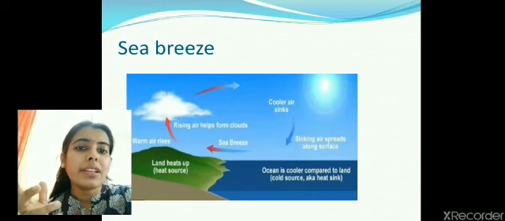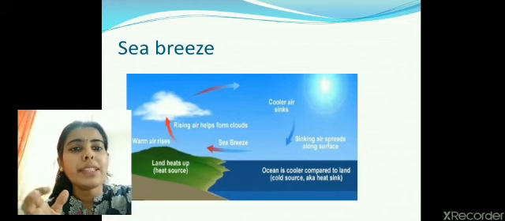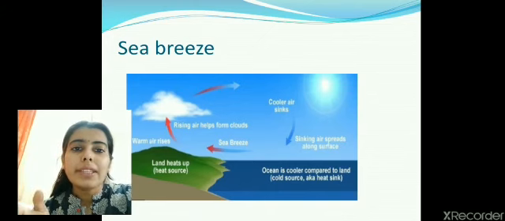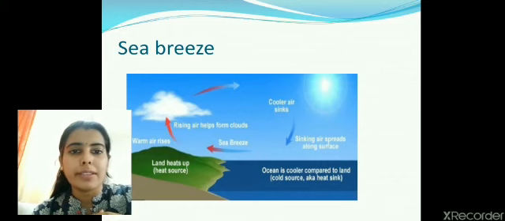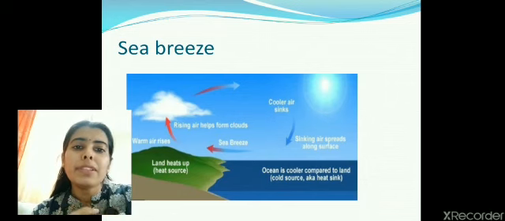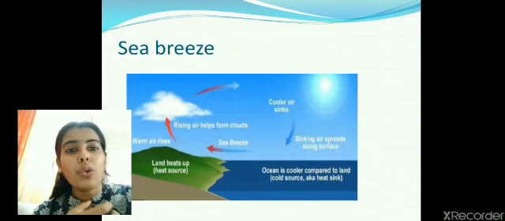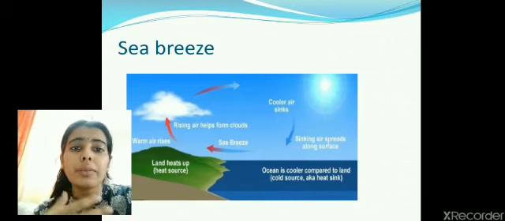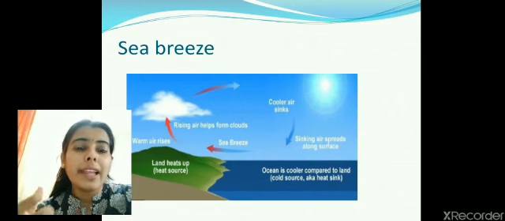Next, natural application. Naturally, where does convection occur? Sea breeze and land breeze. Now, how do sea breeze and land breeze occur? Sea breeze and land breeze is a phenomenon which is commonly observed in coastal areas, that is, areas close to the sea. People who have visited Mumbai or places like those must have felt that during the daytime also in Mumbai you have a lot of wind or breeze blowing, and that daytime breeze is called sea breeze.